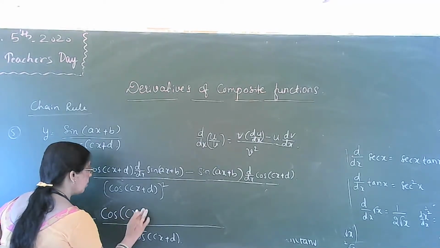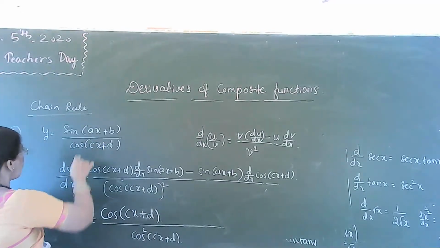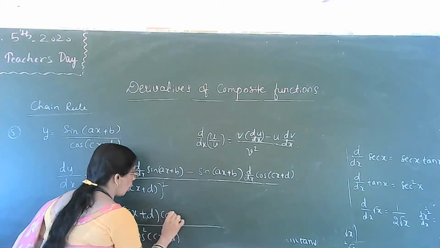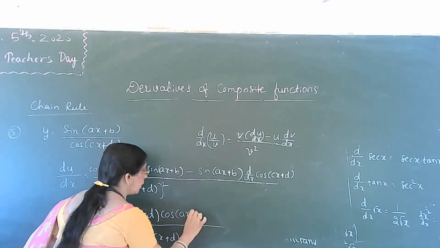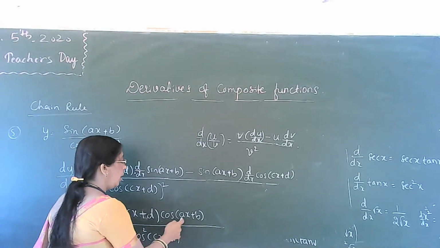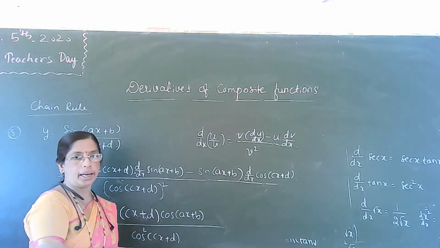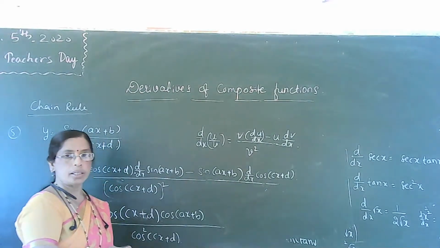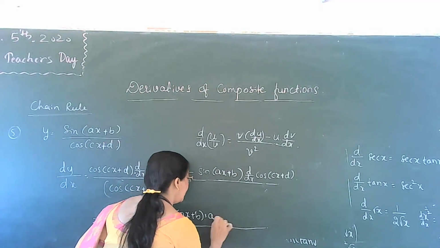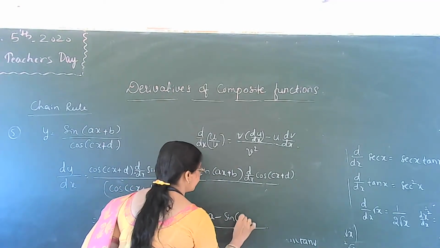Cos of cx plus d into d by dx of sin of ax plus b. The derivative of sin of ax plus b is cos of ax plus b, and the derivative of ax plus b: here, the derivative of ax is a and the derivative of b is 0, it's a constant, therefore into a. Minus sin of ax plus b